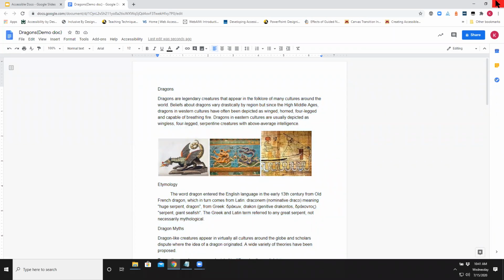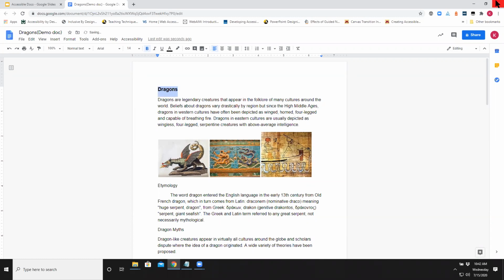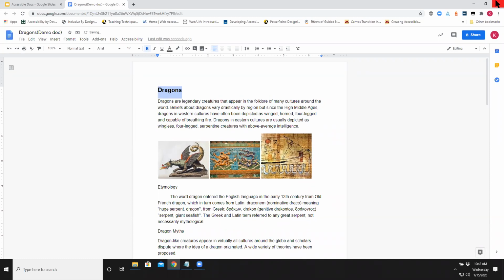So I mentioned that the heading structure is missing. I can make the text bold and I can make it larger. So I'm increasing the font, but that's not the way to make a heading. A lot of people make it bold and increase the font. That did not make it a heading. That just added font and style. So to make it a heading,